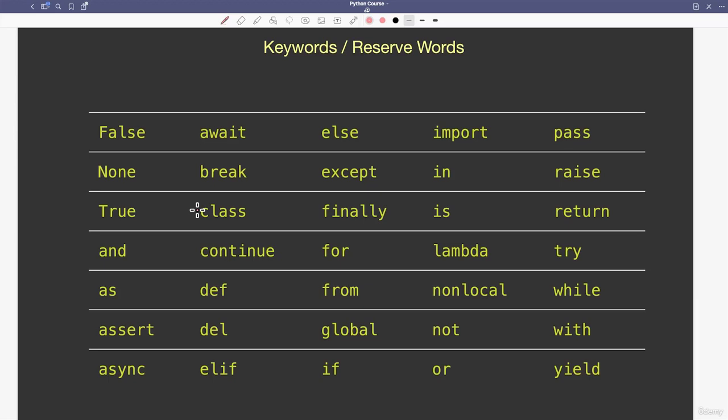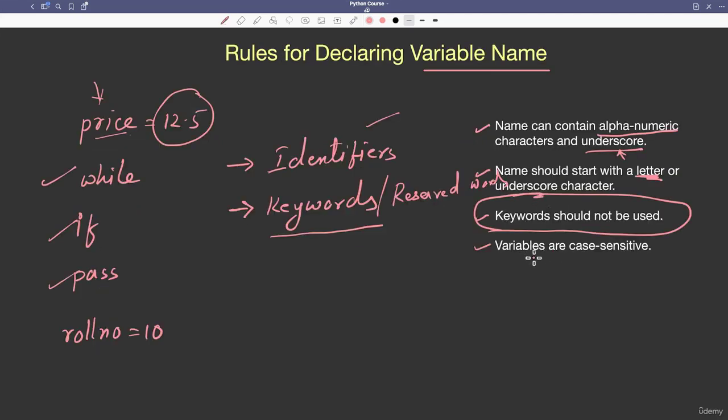Don't worry, you don't have to remember all of these. Just pause the lecture and read all of them once. That is enough. You don't have to memorize them, because as you go on using them, you will get familiar with them. Alright, so now let us move to the next rule, and the last rule is variables are